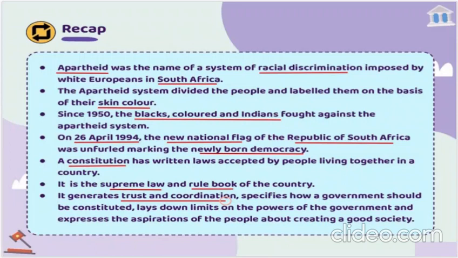We studied about South Africa. There was a system of racial discrimination known as apartheid, which was imposed by the white Europeans in South Africa. This divided the people based on skin color, blacks and whites. And since 1950, all the ones who were oppressed, the blacks, coloured, Indians, they fought against this apartheid